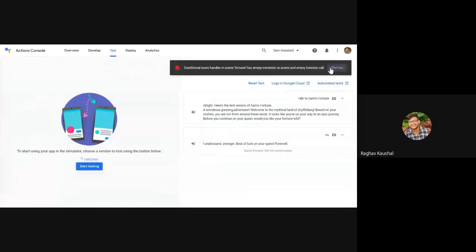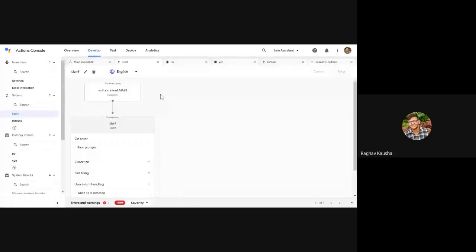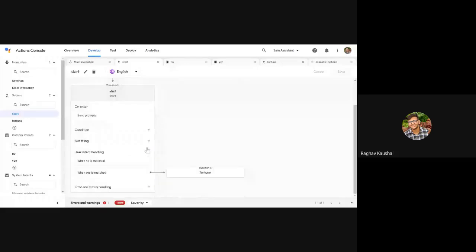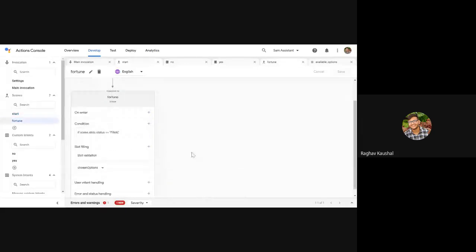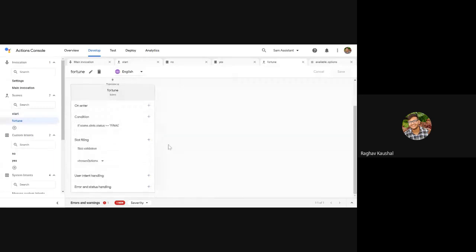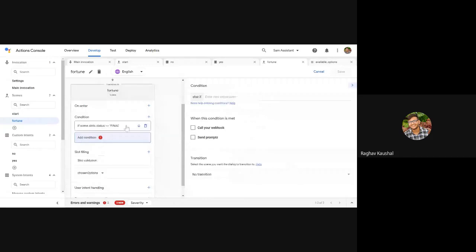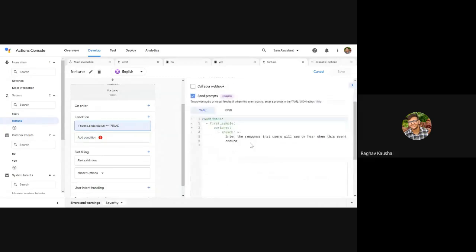Okay, we haven't called the function fortune. I'll just fix that up. Okay, so this condition part can't be empty. It shows that whenever the condition is final, so let's give a prompt even here as well. Let's just tell them that whenever they click on dragon, you have chosen a dragon or something like that. Let's just copy paste it here.